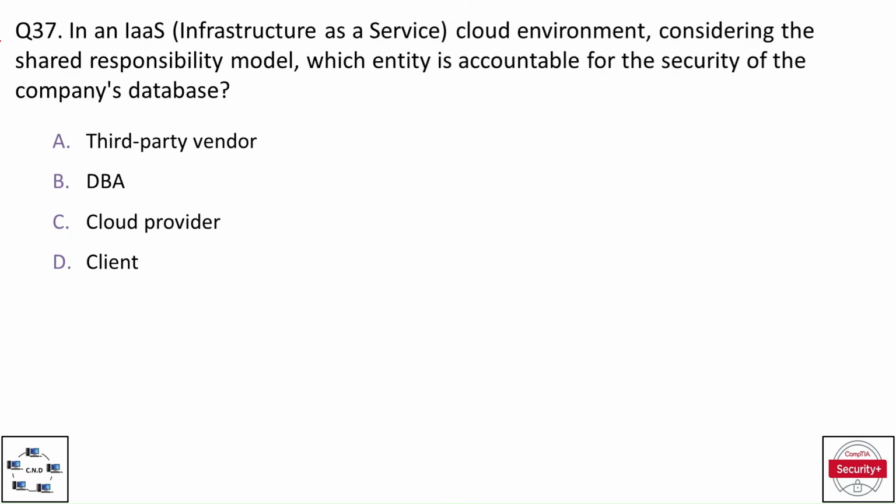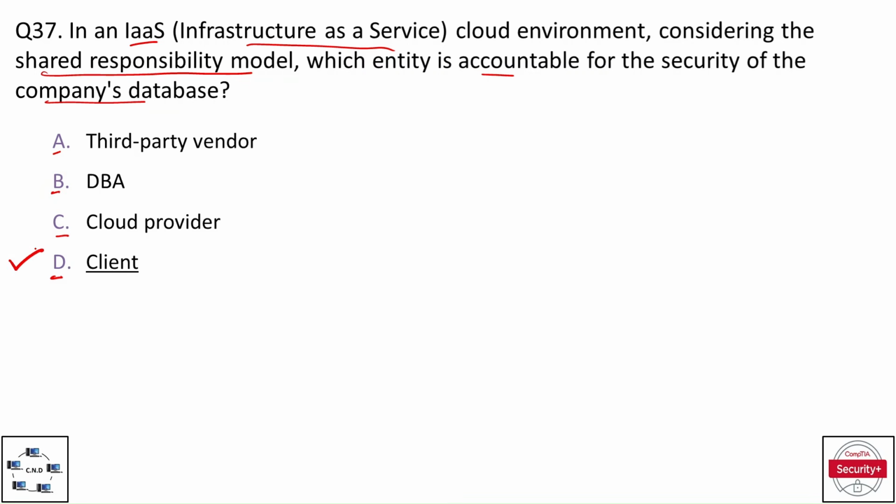Question number 37. In an IaaS, that is Infrastructure as a Service cloud environment, considering the shared responsibility model, which entity is accountable for the security of the company's database? And the options are option A, third party vendor, option B, DBA, that is database administrator, option C, cloud provider, and option D, client. And the correct option is